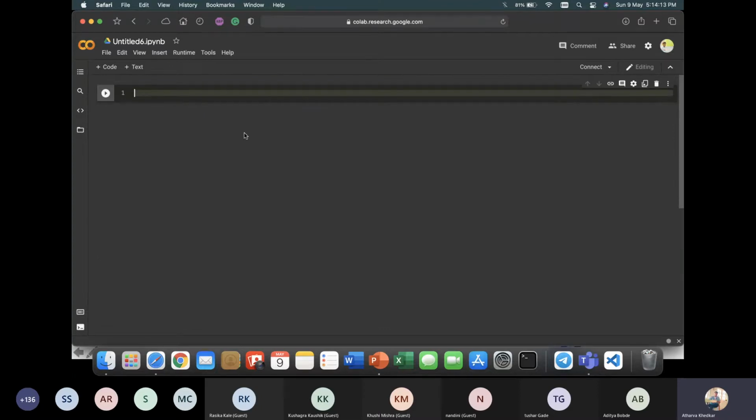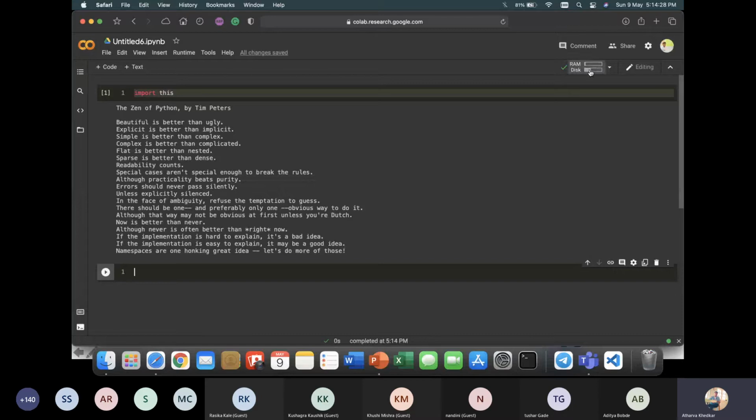Here you can write your code. Let's say I've written a code here; there is a shortcut, Control plus Enter or Command plus Enter, and this code will start executing. You get an online RAM, and that's how it works.